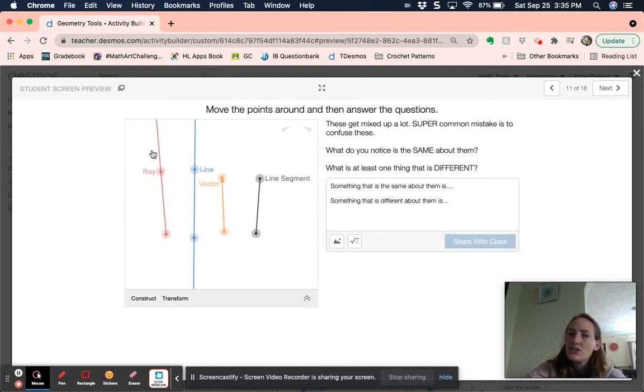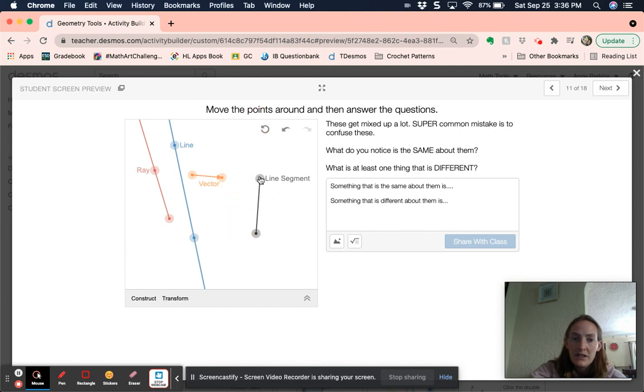Here, it's just super common to mess these up, right? People confuse all of them all the time. So this is a ray, the red one. You can adjust it, move it around, see what it looks like, no matter what you do. Same thing with the line, same thing with the vector, same thing with the line segment. I tried to color code them so that it would make sense to you, but